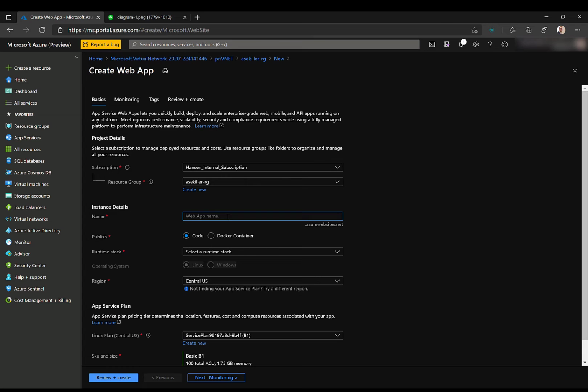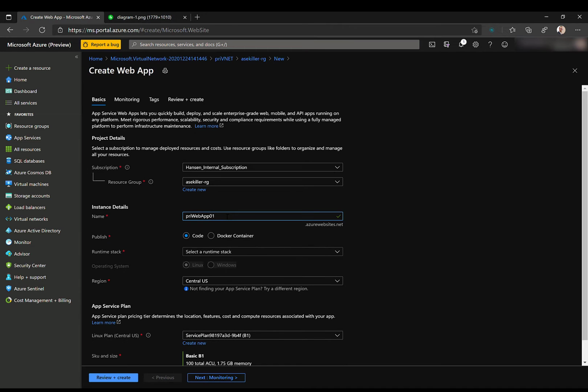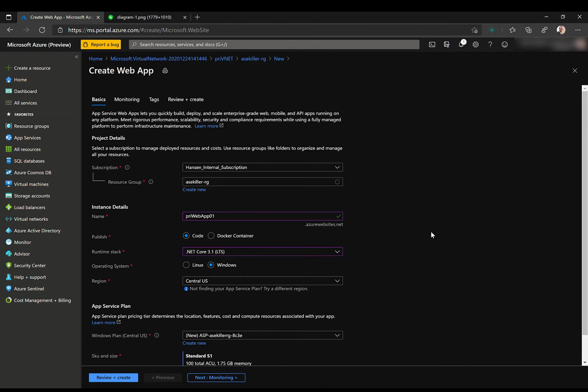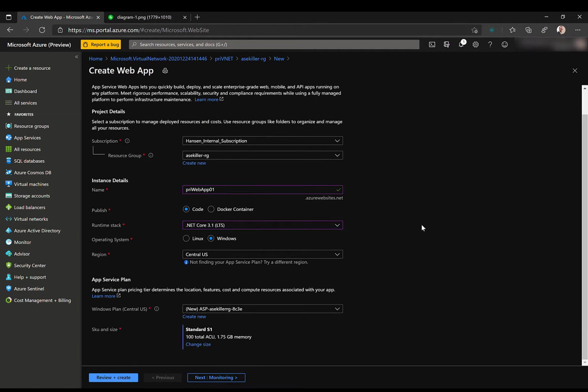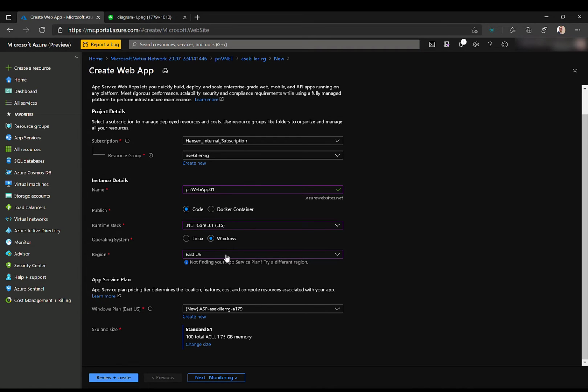Same resource group. I'm going to call this Web App 01 for creativity. And I'm going to use the runtime stack. It doesn't really matter what it is. I'm not going to actually put anything into this application service for the purpose of this demonstration, just loading a page. What is important though is that I do choose the same region